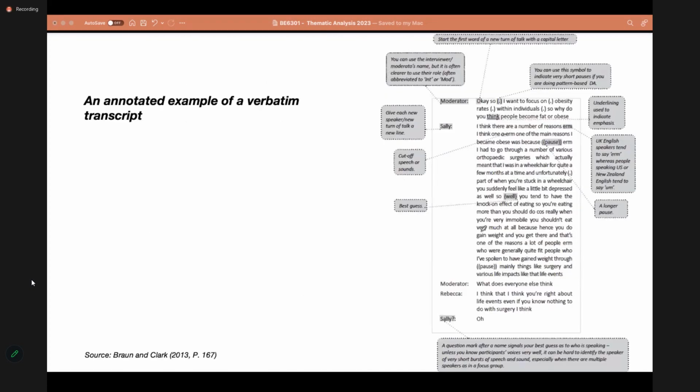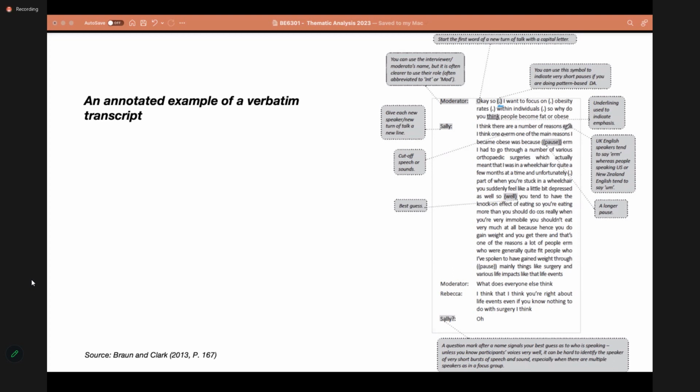So for example, here you have a verbatim transcript. The moderator or the interviewer says, okay, so, and a full stop indicates there's a pause there. I want to focus on, so again, there's a pause there. Obesity rates within individuals. So why do you think people become obese? And then the respondent says, I think there are a number of reasons.